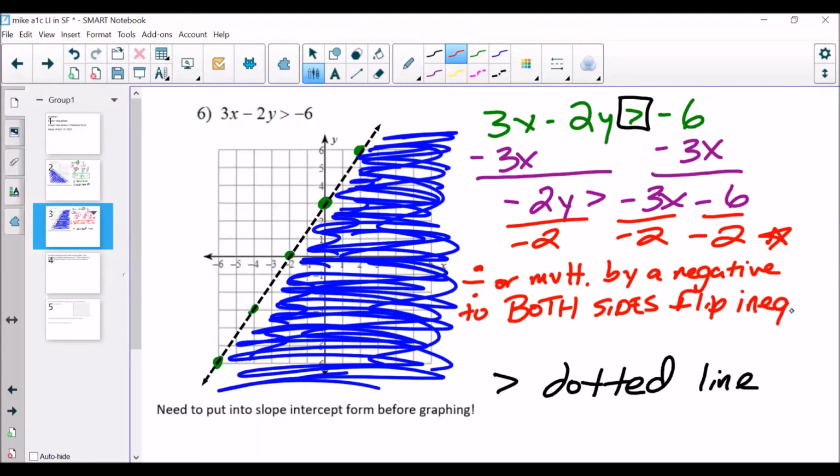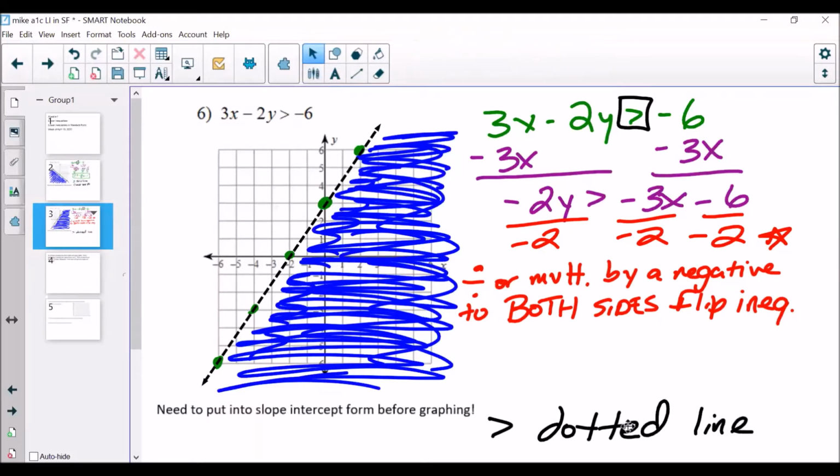I'm going to abbreviate inequality there. So with that being said, the math work here isn't the most terrible. We're able to do this and finish this up, but we have to be